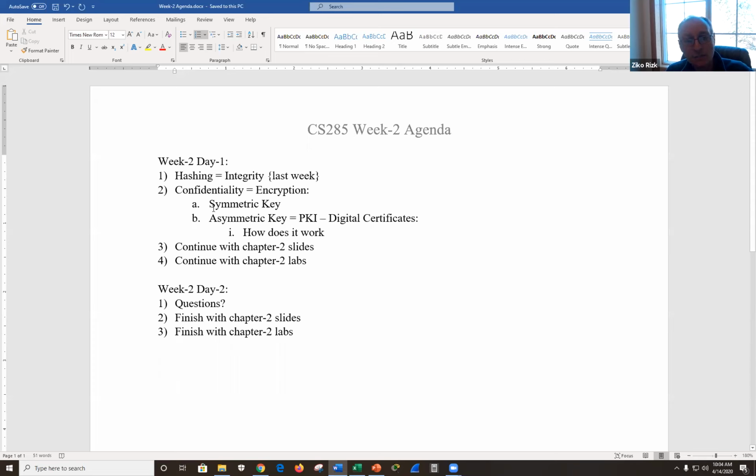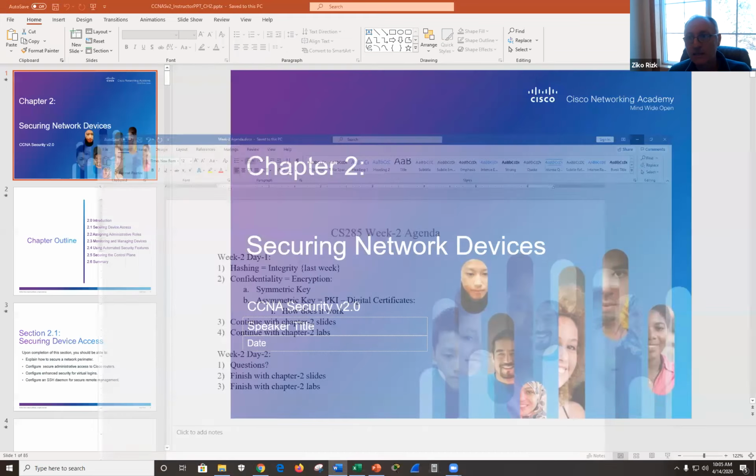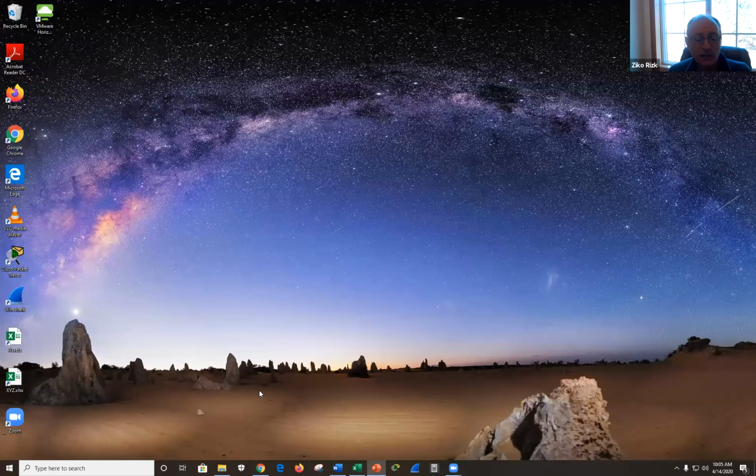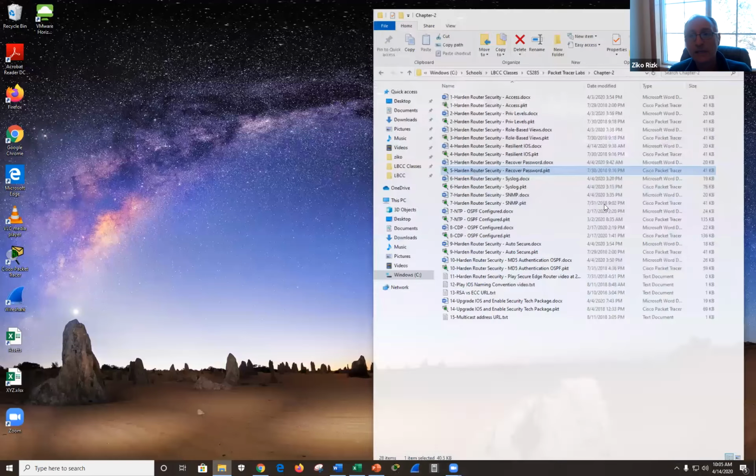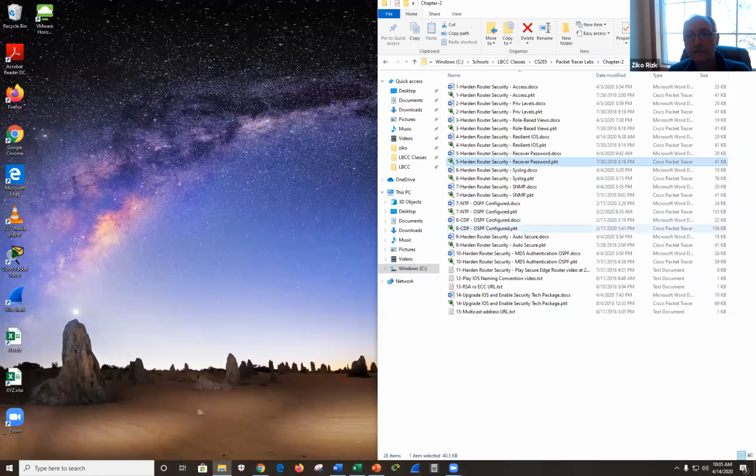And if you have questions, please ask, and we will have time to finish chapter 2 this week. But these are really, really important concepts that I need you to get your brains around so we don't have to keep coming back to them. And you will see these over and over and over again on a daily basis. So let's talk about symmetric key. Symmetric key is where we are using the same key to encrypt and decrypt.